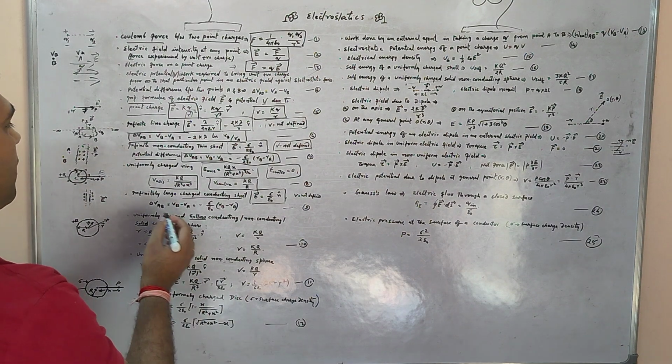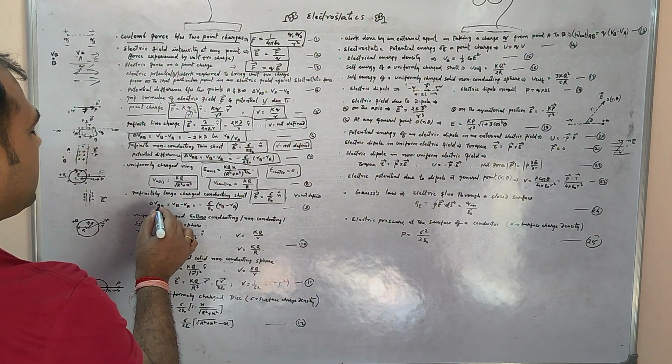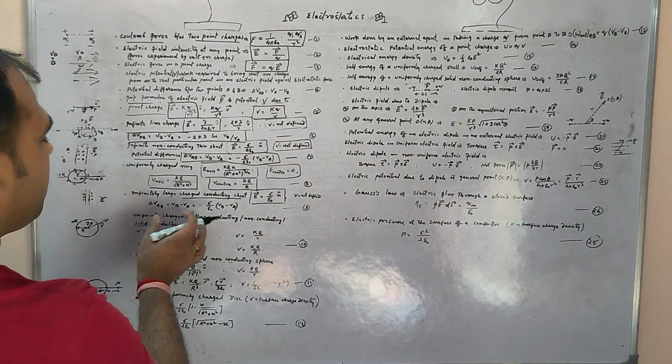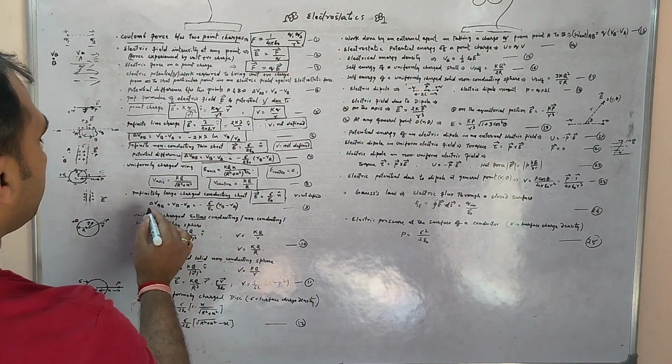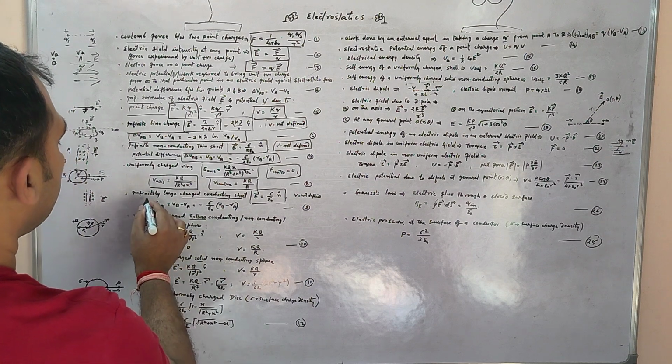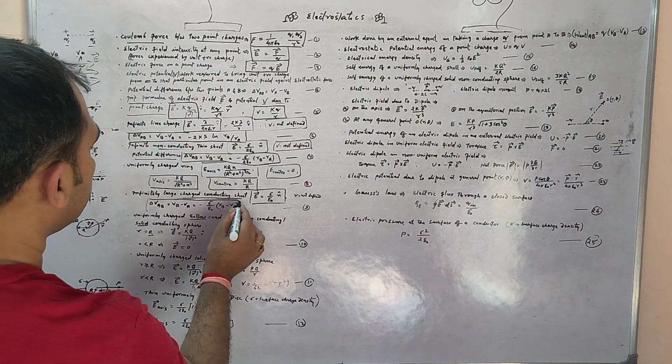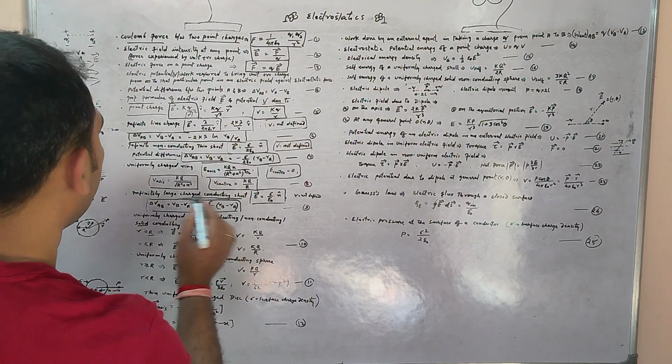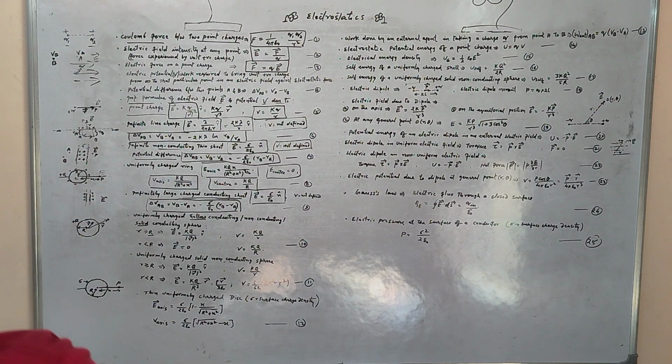Now, potential difference VAB will be minus sigma by epsilon naught times (RB minus RA). Here this is the formula. Next, uniformly charged hollow